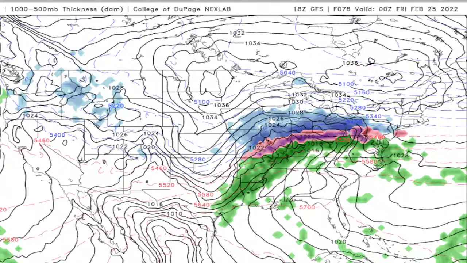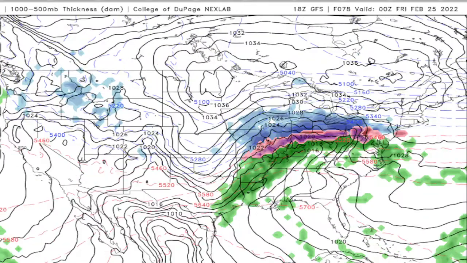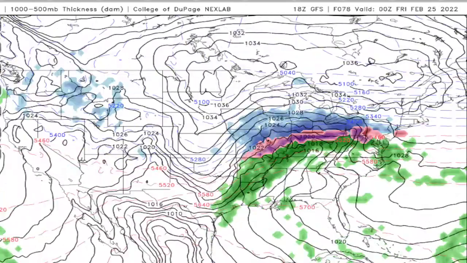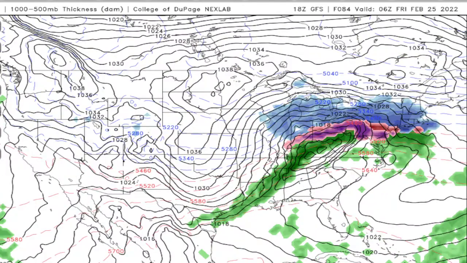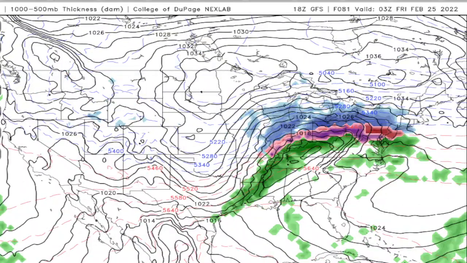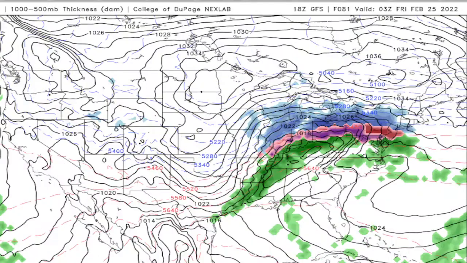And then, got that line pushing through for Thursday, Friday, through the Ohio Valley. And that could be a significant amount of snowfall to the north and a significant amount of ice and freezing rain in the Ohio Valley. So that's going to be interesting to keep an eye on, all the way up into Columbus, Dayton,